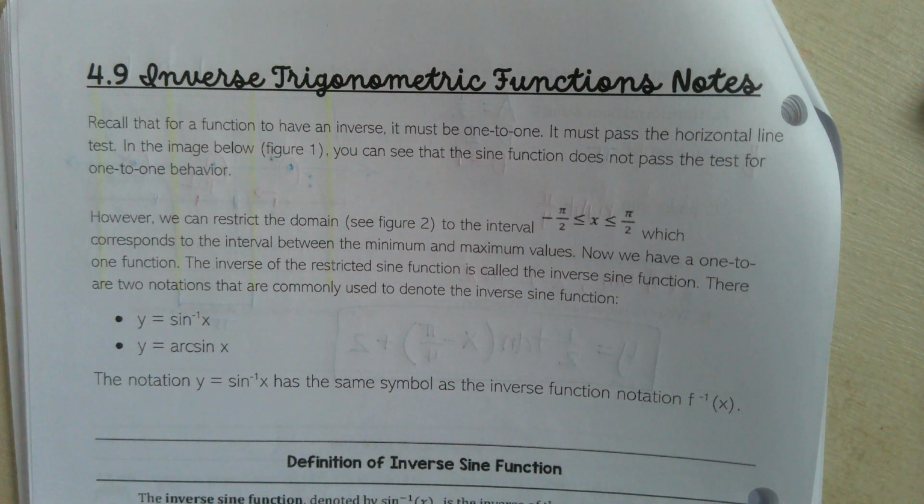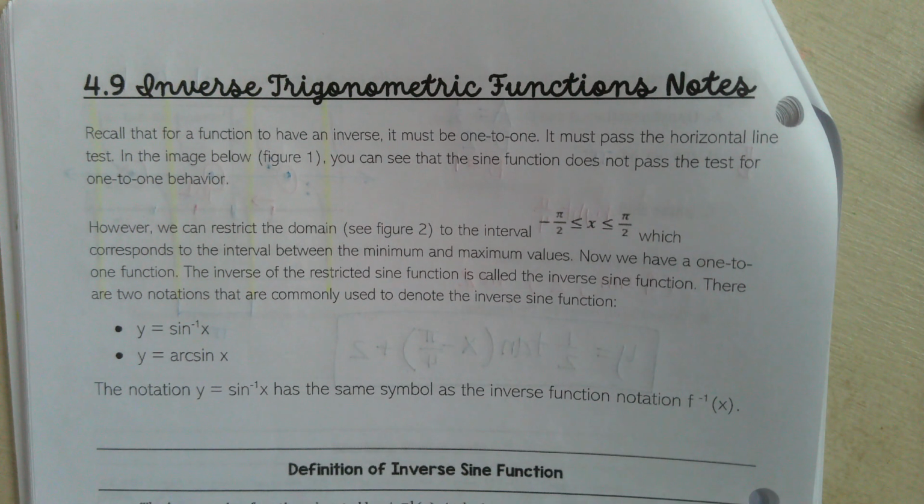Okay, inverse trig functions. First of all, if I am talking about something having an inverse, it has to be one-to-one. That means that both the vertical line test and the horizontal line test are passed by this function. It must pass the horizontal line test, which is reading a graph bottom to top with a horizontal